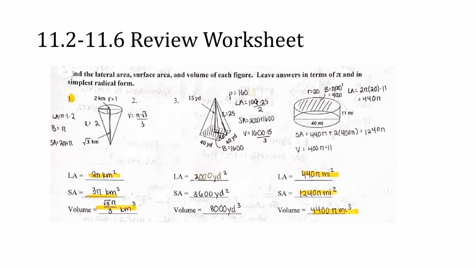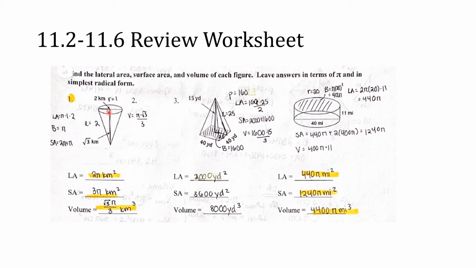All right, on to the 11.2 to 11.6 review worksheet. All right, so numbers 1, 2, and 3, and I apologize because I do recognize that my numbering got a little messed up here, 1, 2, and 3. On number 1, we actually had to figure out by ourselves what the slant height was. So you could either use the Pythagorean theorem, right? If our radius is 1 and our height is square root of 3,